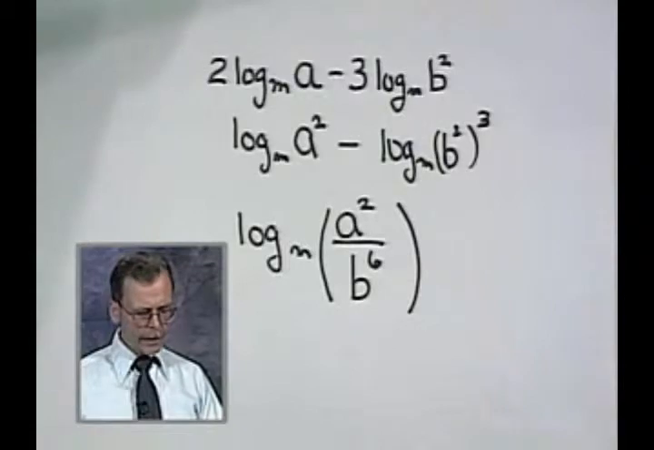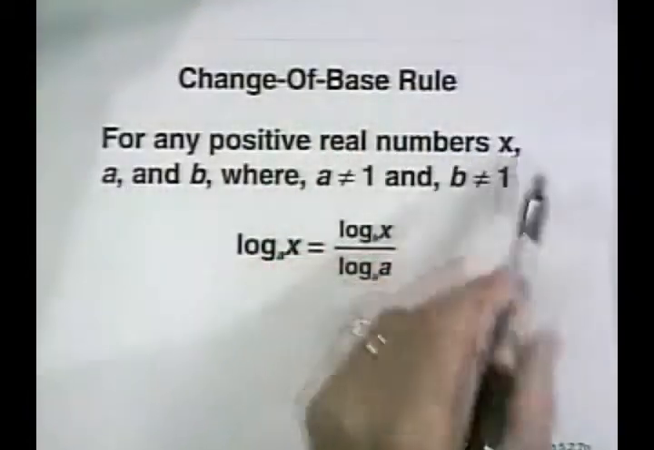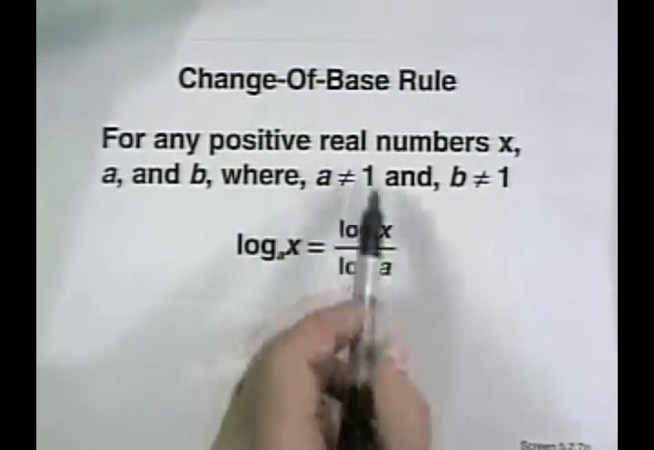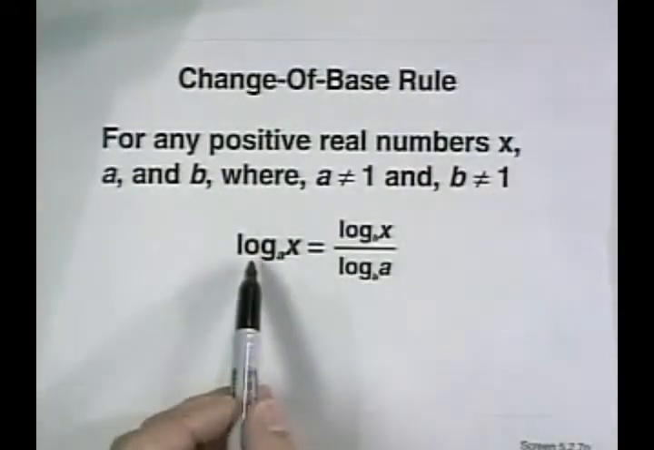Although we use the bases of 10 and e a lot, sometimes we need to change bases from one form to another. We do this a lot when we need to use them with our calculators, since our calculators can only do base 10 and base e. Here's the change of base rule. It says for any positive real numbers x, a and b, a is not 1, b is not 1,